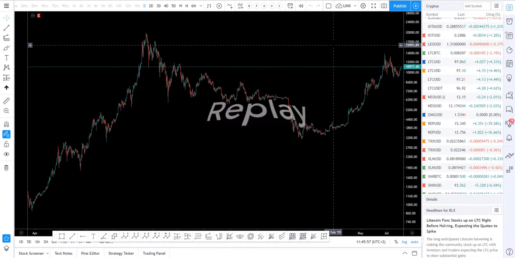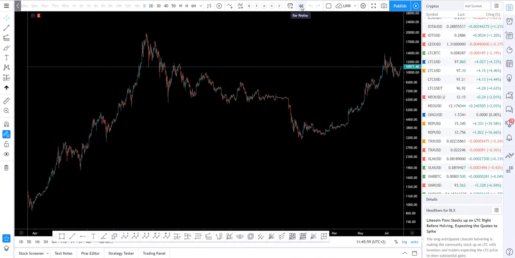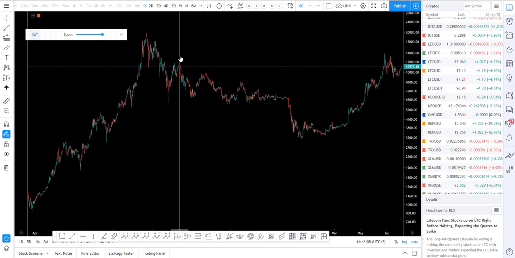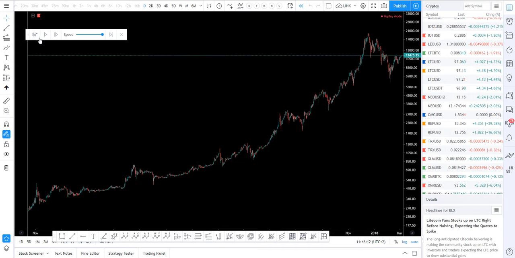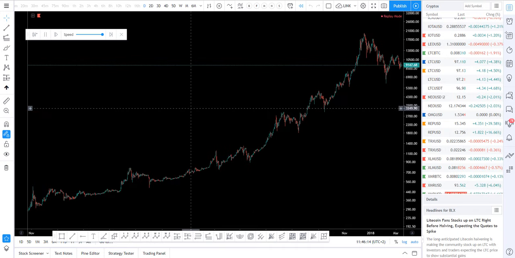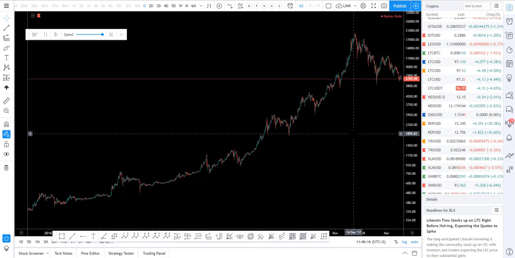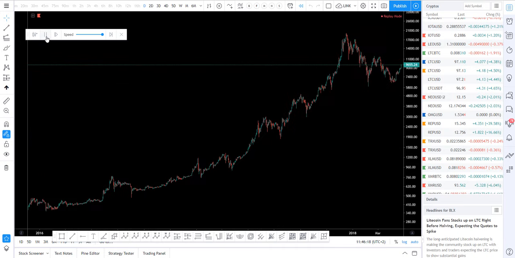You also have a replay feature on TradingView. So it's here, bar replay. You can set the speed of the replay. So let's say I want to replay from this point. It brings me here automatically. I press play, and it's gonna replay the bars one by one. It can be very useful